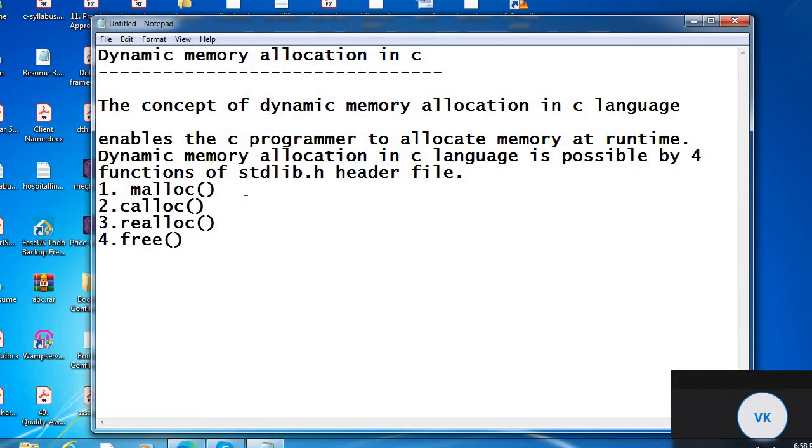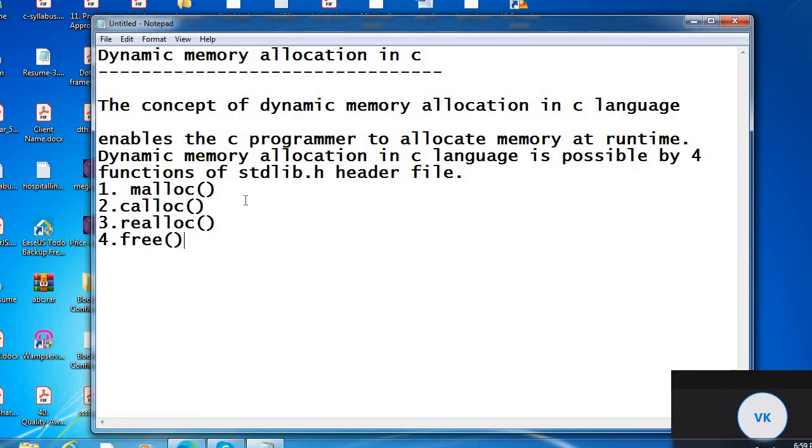While seeing the runtime, in the output only we should allocate memory for the variables according to our requirement. We will not mention any memory size in the program. That memory size will be increased automatically, depending on how many elements you want to store. Suppose an array is there, the array size we won't mention in the program. In the runtime itself we want to mention. That is called runtime. In the output only we should mention.